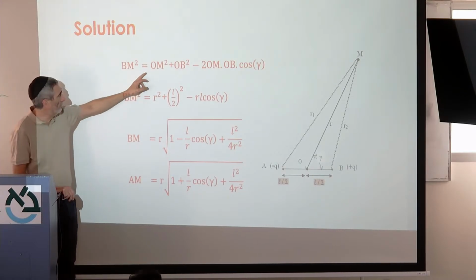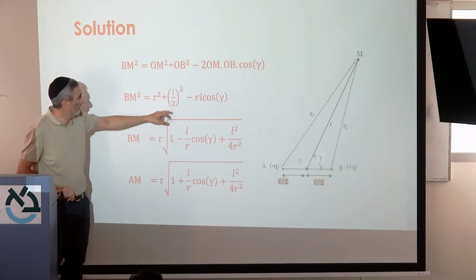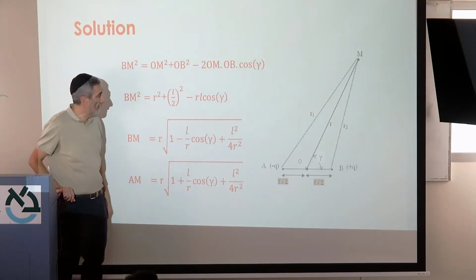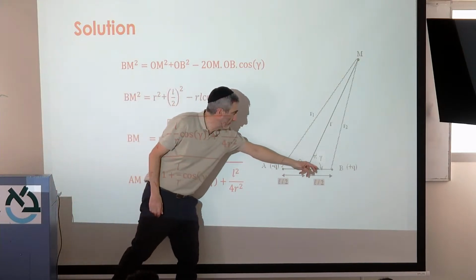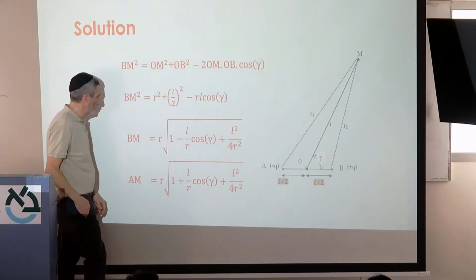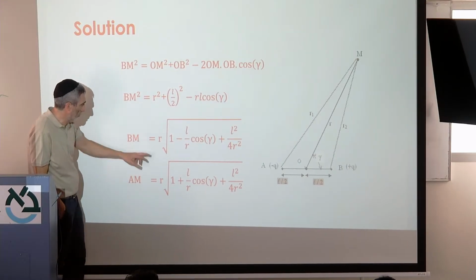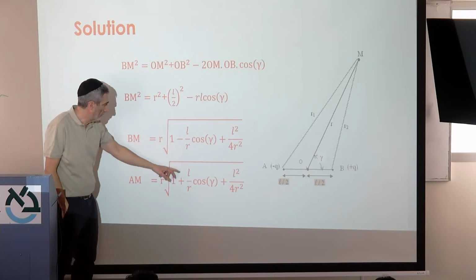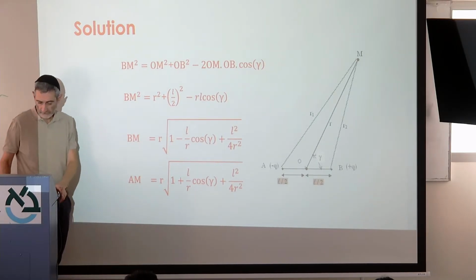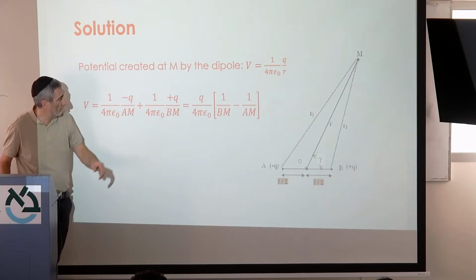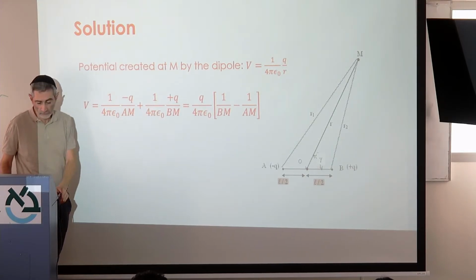That gives you BM square is R square plus OB, which is L over 2, squared, minus R L cosine gamma. Gamma is this angle here. So you have the expression for BM, and you have the expression also for AM, same calculation, but you have a plus here. The sign changes. So when you calculate this expression, 1 over BM minus 1 over AM,